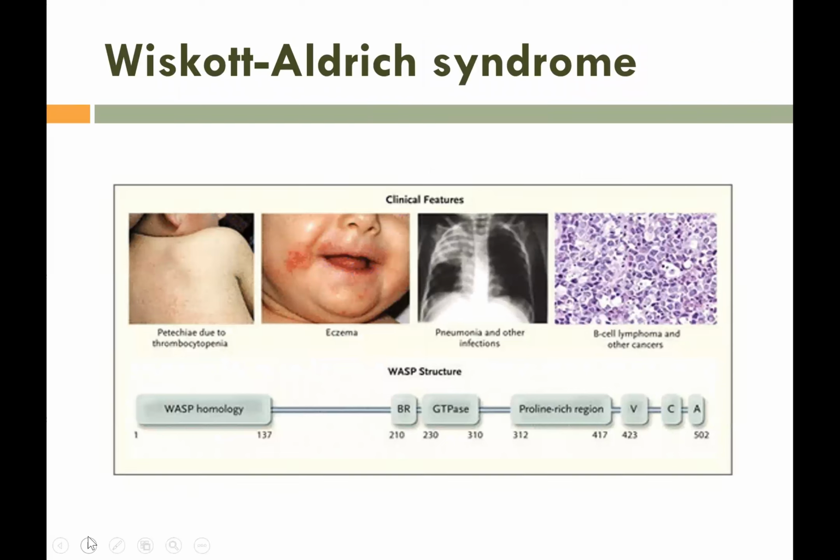So I have here a classic case of a patient presenting with, again, do not forget the signs and symptoms expected: thrombocytopenia. So petechiae are expected in the skin of your patients. You'll have eczema in this patient. It is basically around the mouth, and marked vulnerability to infection, usually in the form of pneumonia.